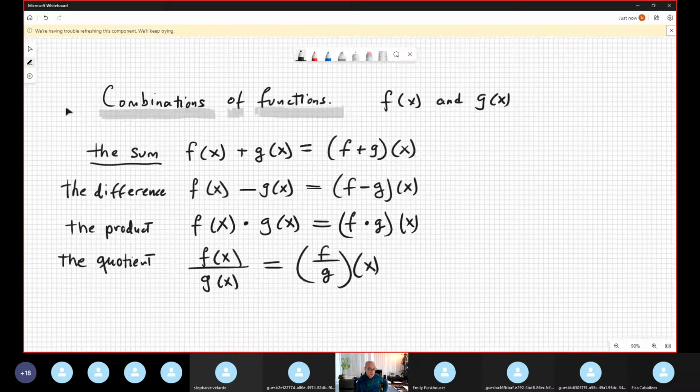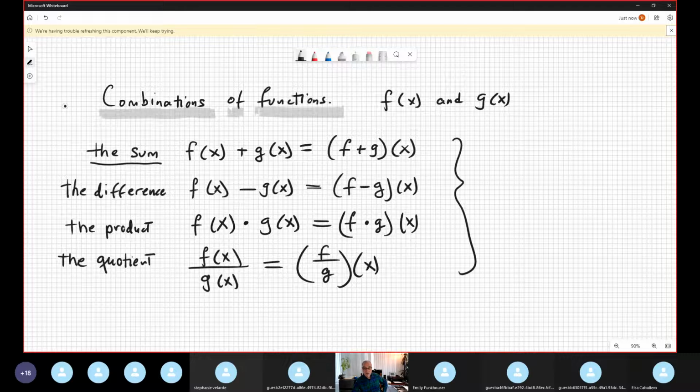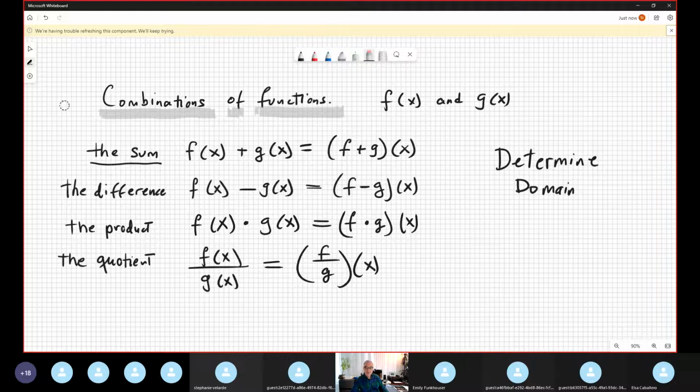Now, the complicated part is determine the domain. Because we are strong, or if we are not strong, we practice in the review again, how you determine the domain of only one function. What is the challenge now? Determine the domain when you have two functions or three functions using different arithmetic operation. But the formula is easy. The formula is, look, the formula is for this, and this,